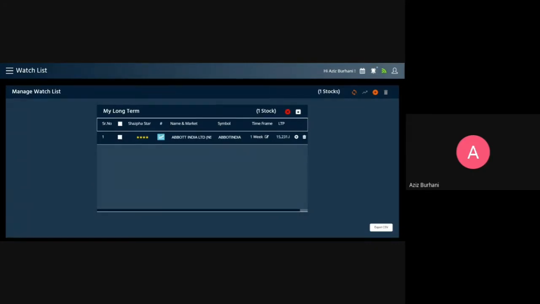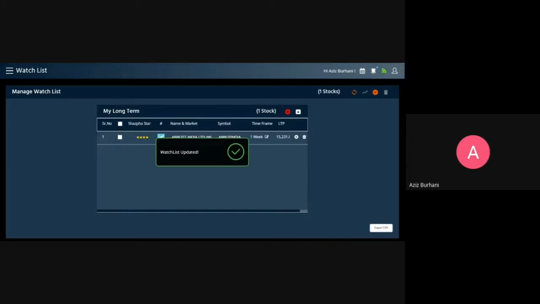That means it is a weekly chart that has been saved here. So what you can do is double click here, and it will give you an option to change the time frame to a daily chart or a monthly chart. If you want to change from daily to weekly, or weekly to daily, you can do that here. Once you have chosen the time frame, the chart will automatically open in that time frame, right? If you change the time frame to daily and click on the chart, it will open a daily chart. If you change it to monthly, it will open a monthly chart. Okay. You can add many stocks here.